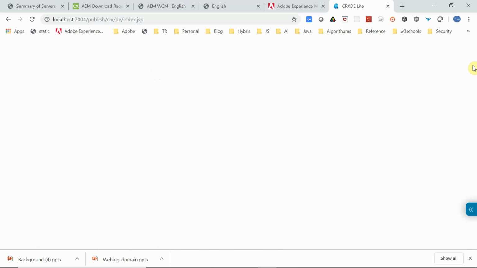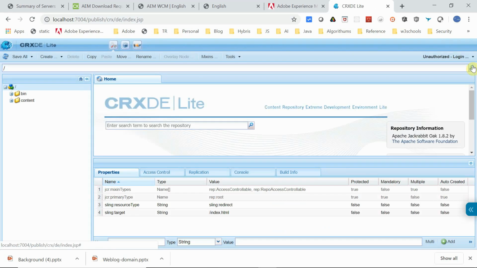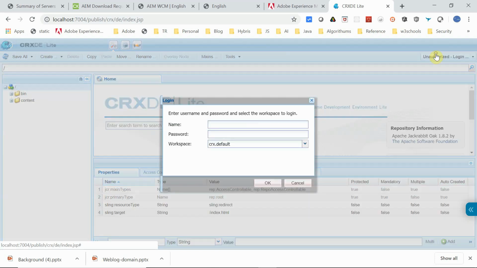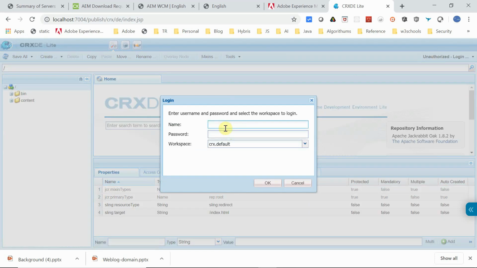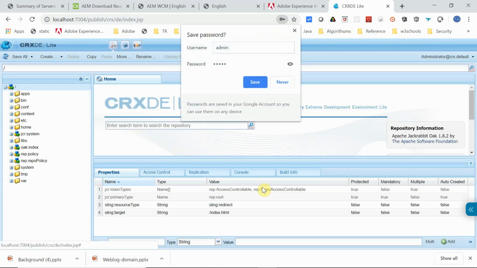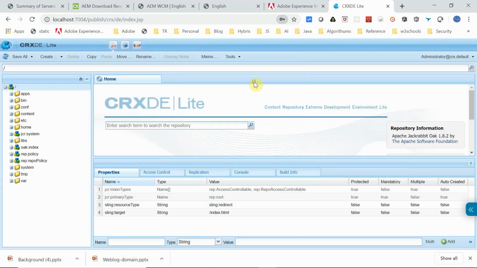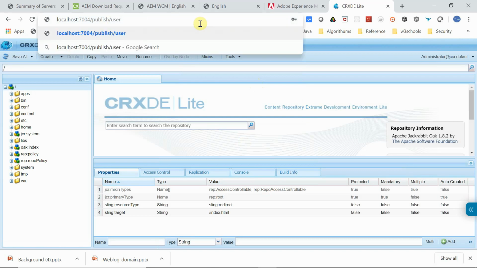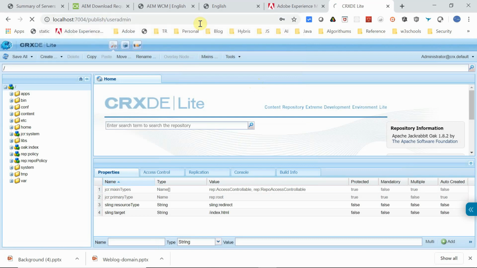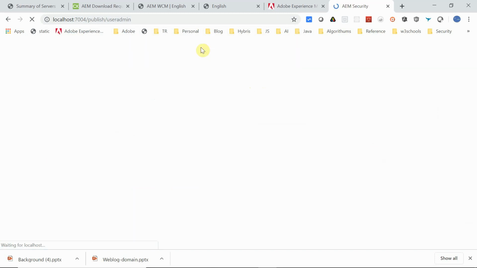Okay, we are able to access the CRX right now. So let us log in. Okay, that's fine. Let me try to access some other URLs. Okay, that's fine.